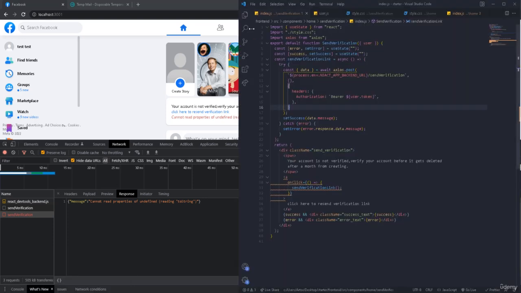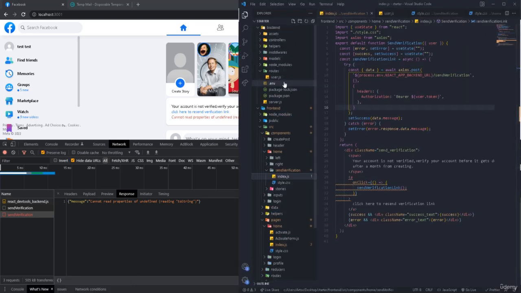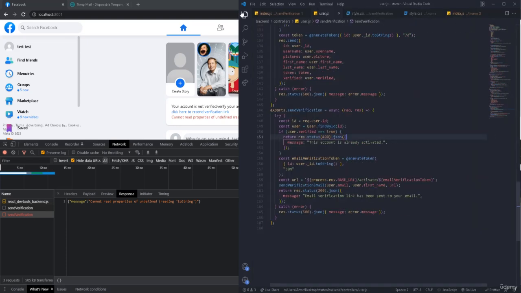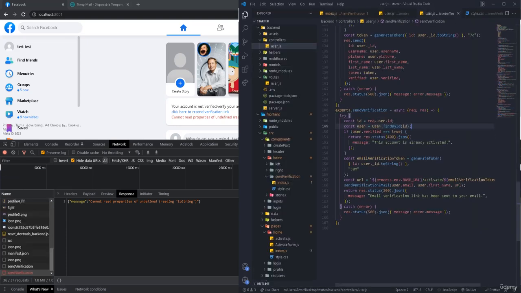So let me just go to the backend itself. Okay, so where is it? In the controllers, user, and we're going to see sendVerification. So right here, it's obvious what the problem is. We didn't await right here, okay? So we went to the model to send a request to the database and get the user by